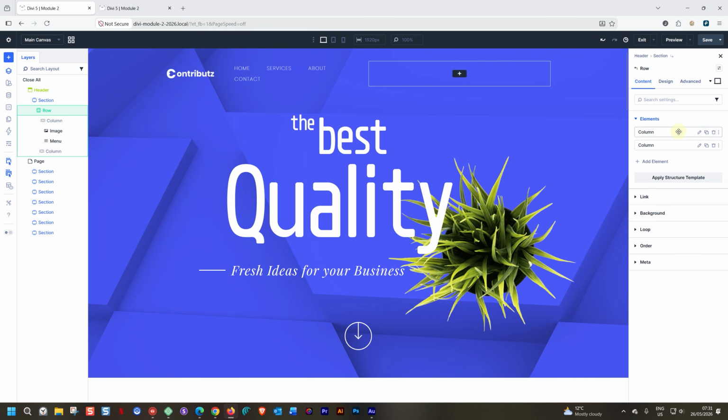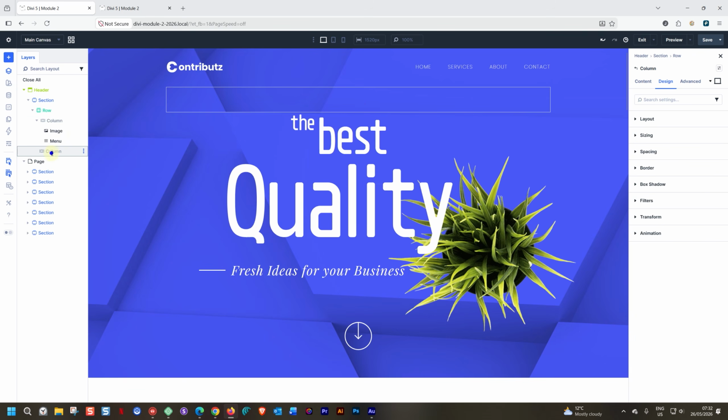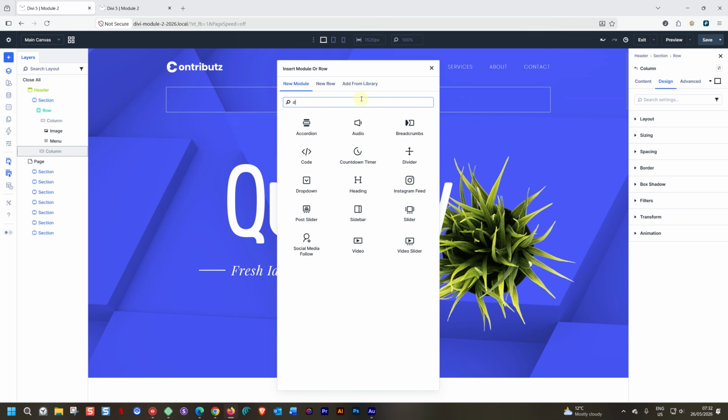Now I have two columns. They are adjacent to each other, but I want them stacked. That means I go up to my row, select the row, design, flex, and I will put it on column to stack it. Now with the second column, I'll go to the middle and click on divider,